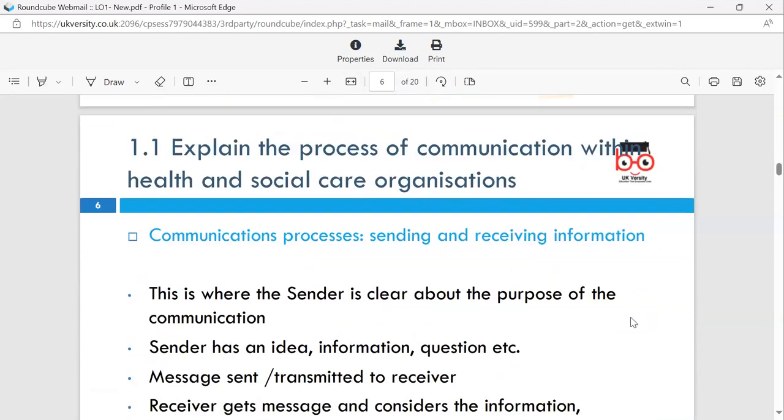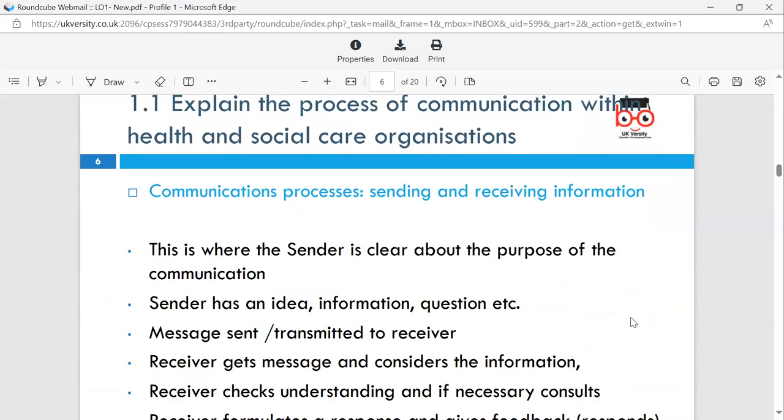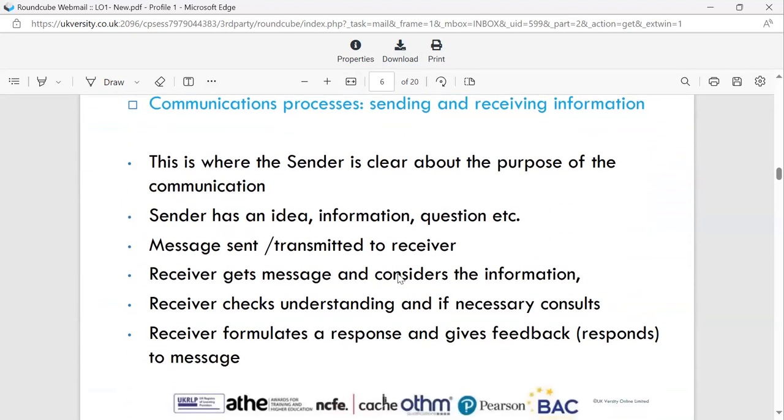Okay, so 1.1, we look at explaining the process of communication with health and social care organisations. The communication process is sending and receiving information. This is where the sender is clear about the purpose of the communication. The sender has an idea, information, question, etc., and the message is transmitted to the receiver. The receiver gets the message and considers the information, checks and understands it, if necessary consults, and then formulates a response, gives feedback and responds